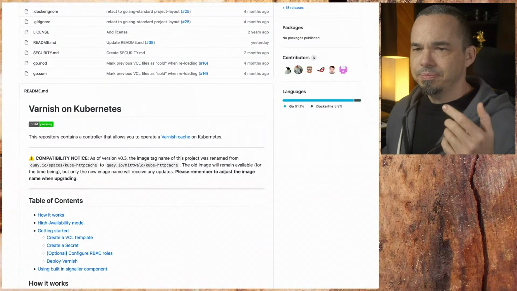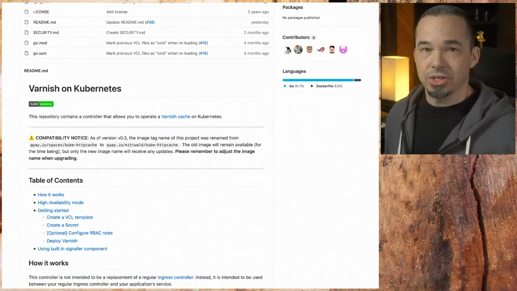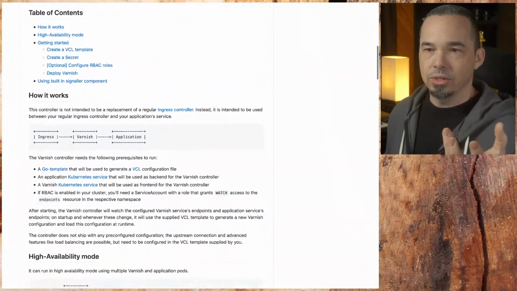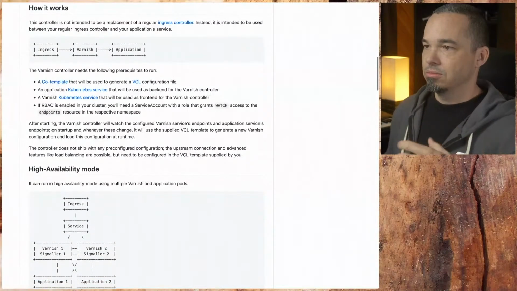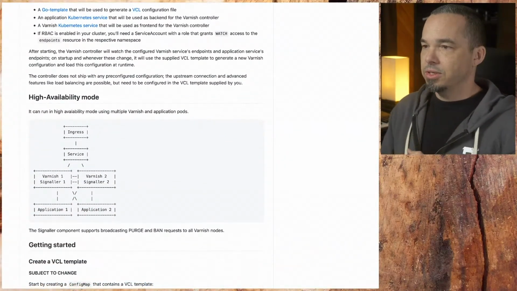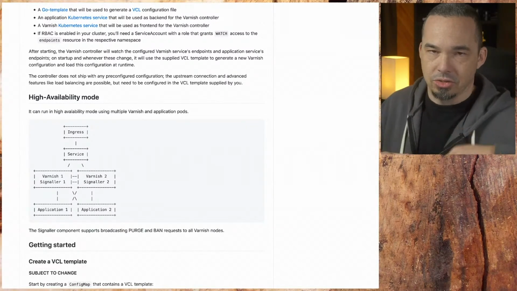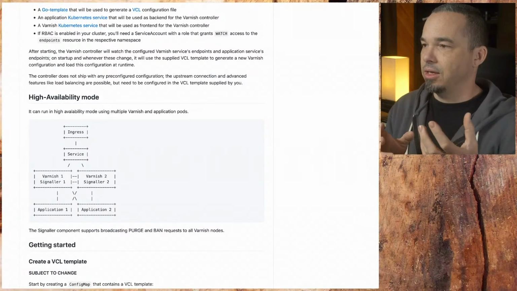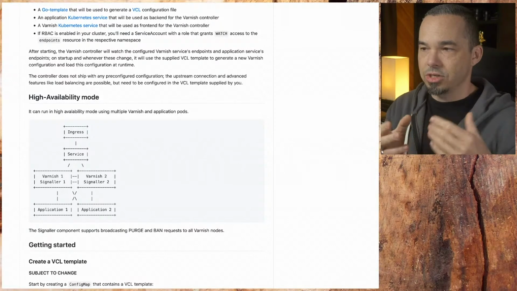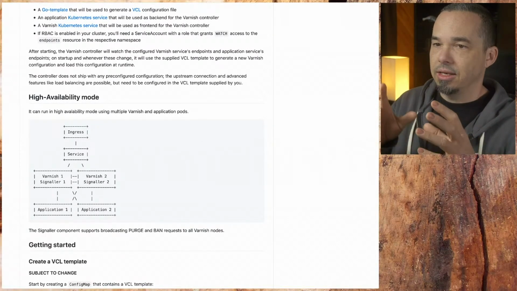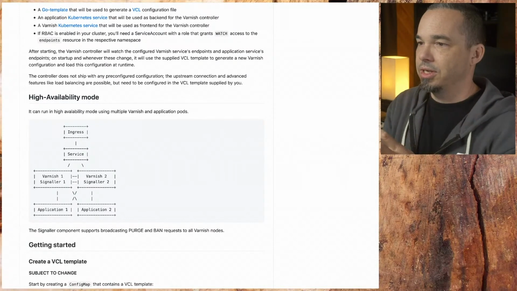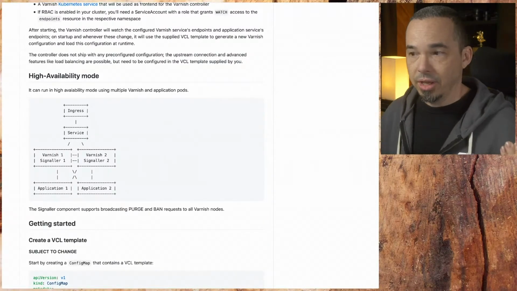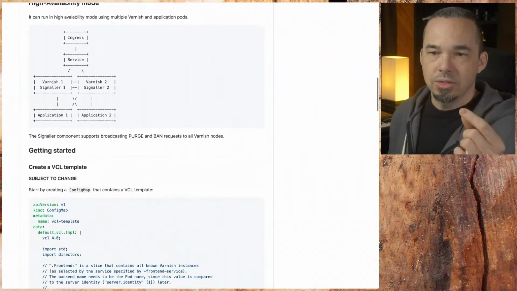So Varnish still has a place in the world. HTTP caching still has a place in the world. And I discovered this a couple of nights ago, which will run Varnish in front of all your stuff. So it's more than just running Varnish, because anybody can just spin up a Varnish and drop it in place. It's actually a controller that watches the endpoint. And on startup or change, it deploys a VCL file from a template, and then it does all of the swapping in of the corresponding data and whatnot to stick a potentially HA Varnish layer in front of whatever your application is. It also includes a signaling